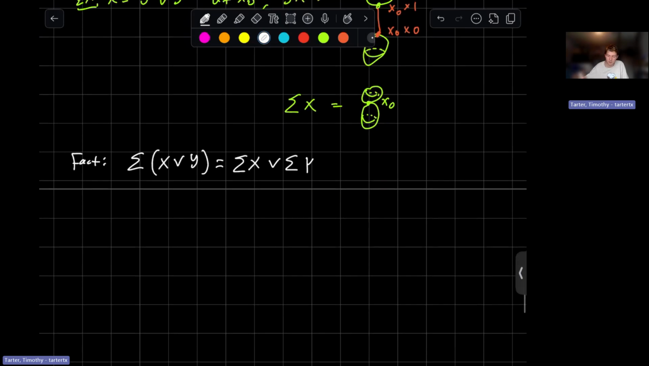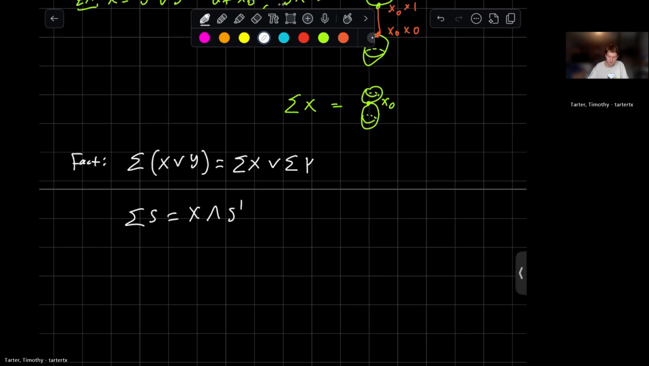The reduced suspension is actually the same as the smash product, x smash the one sphere, since both spaces are the quotient x cross the unit interval mod x cross the boundary of the interval